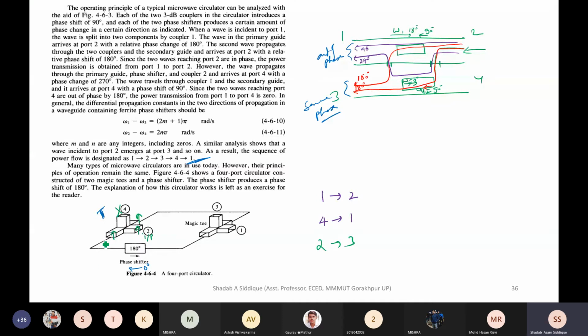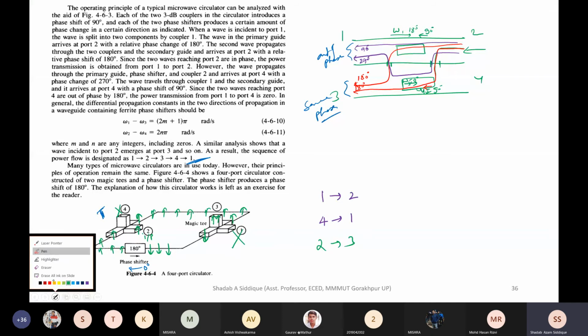So this wave will be coming to this point, and this will be 180 degrees out of phase. It will be shifted and come to this point. And this wave which is coming here will come this way. You can see here, these are 180 degrees out of phase. So if you take the sum of these two, you will not get anything here. And if you take the difference of these two, you will get them summed up.